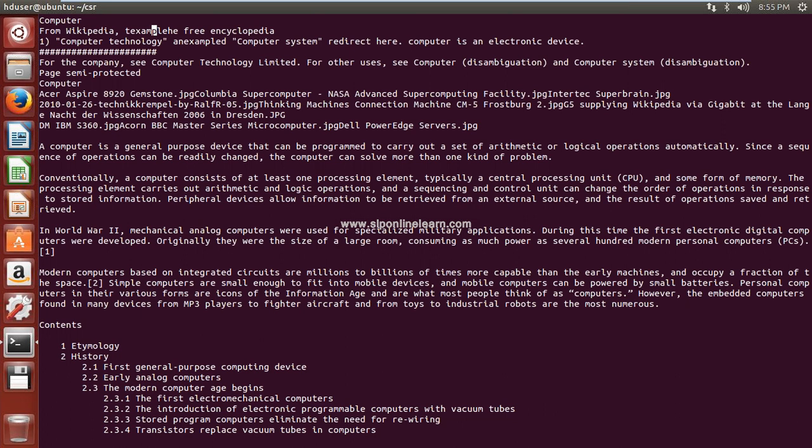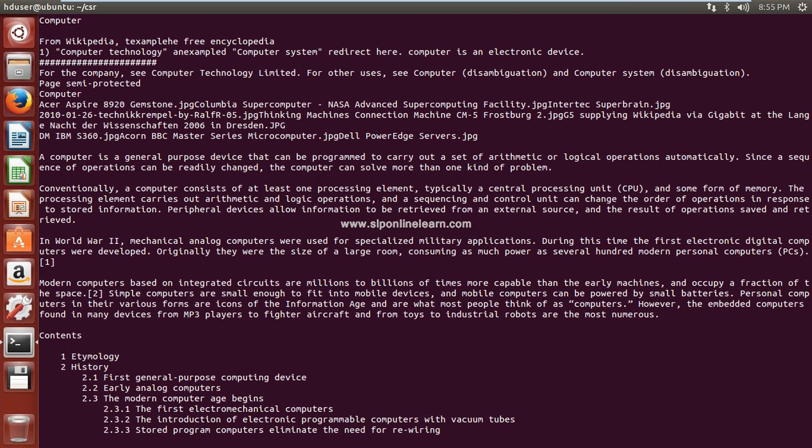See, here it is inserted. Here you can type some new line. Now it is in insert mode. You can type some text, right? Fine. Press escape to change to command mode.